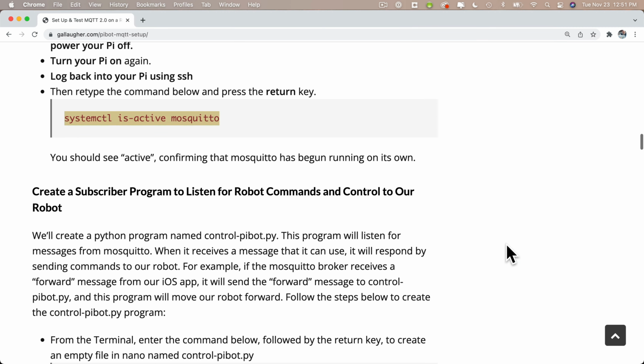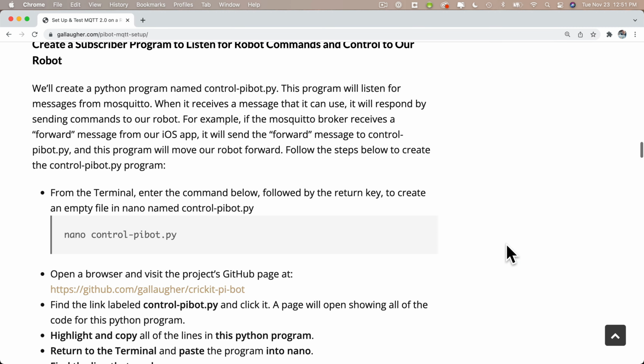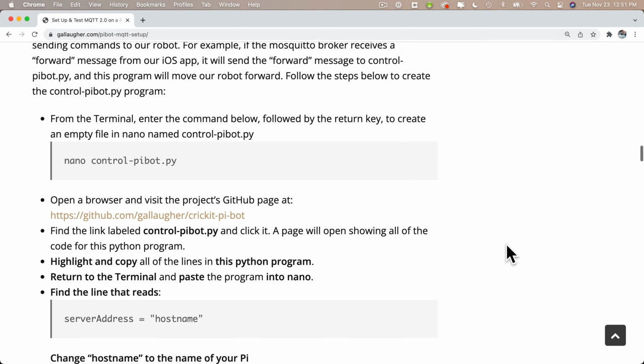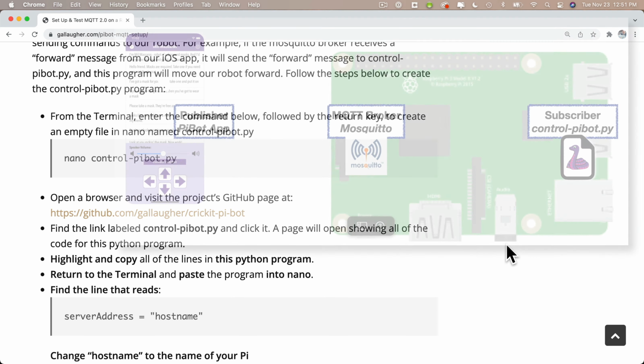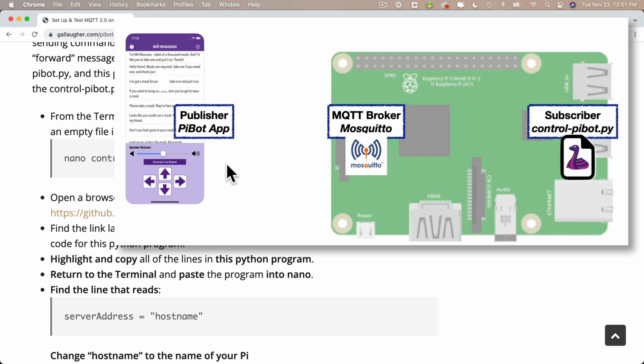Next up, we're going to add our client program. So this is the program that will subscribe to any messages sent by our app, and it's a program that I've written in Python. So our app is the publisher. It's going to send messages to Mosquitto. Mosquitto is the broker, and then it's going to forward those messages on to any programs that subscribe. And the program that we're about to write is the subscriber. We're going to call that program